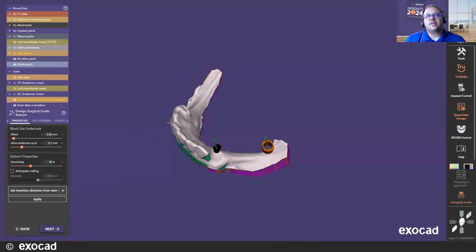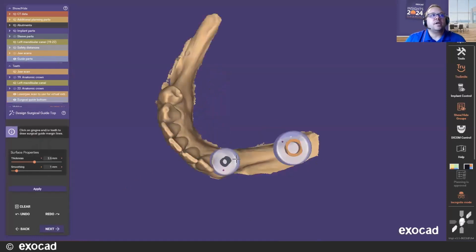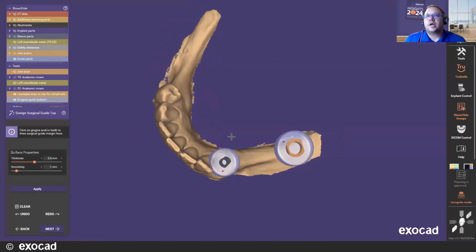And then once that is generated, you do have the ability, freeforming, to add, remove, and smooth the blockout that's present. But I think we don't need to really kind of cover that free-forming process today. So,